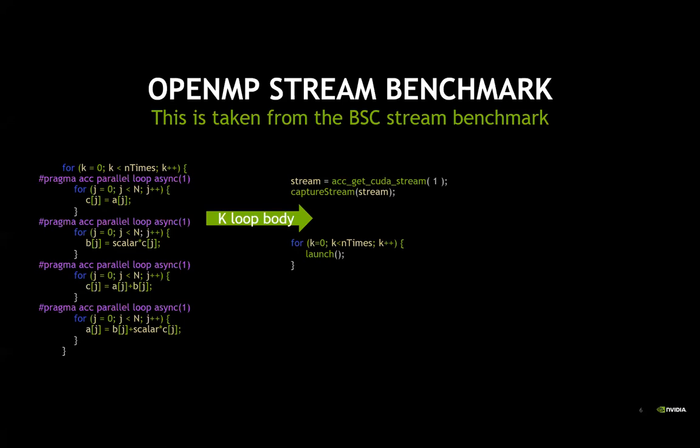But if we know that it's never a loss to do this, then the compiler could just always, when it does kernels constructs, if it sees that it's going to do more than one kernel out of this kernels construct, build a graph and use that graph every time it hits the code, and greedily assume that every time it sees a kernels construct, you're going to call it multiple times. If it's only a minor loss when you only call it once, and it's a win or no loss when you do reuse it, it becomes a win for the OpenACC compiler, and it's free. And that's where we're headed in OpenACC